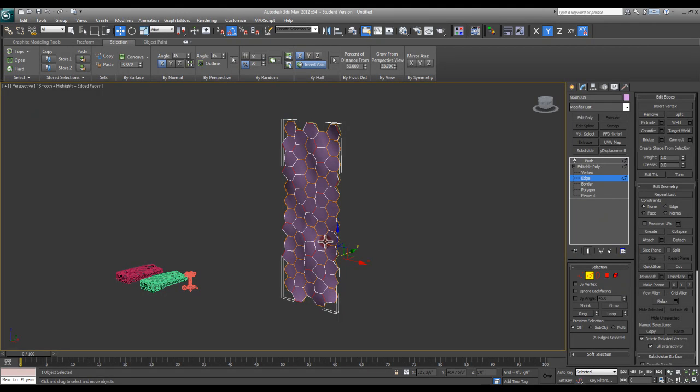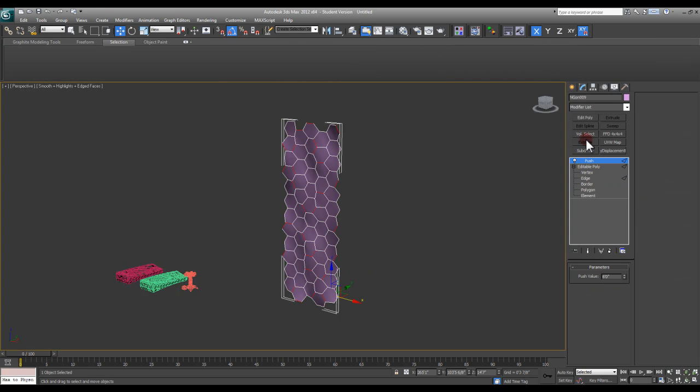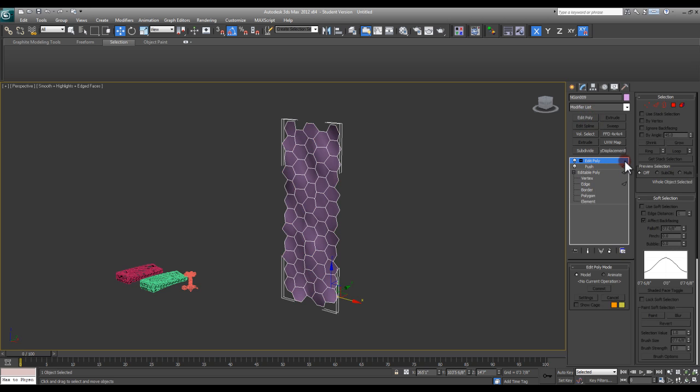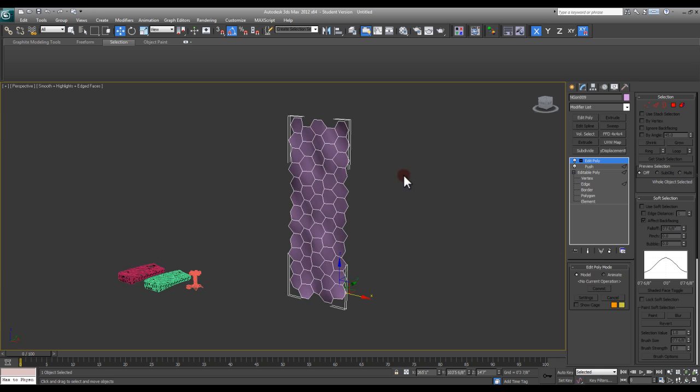The next thing I want to do is, I don't want to get out of my edge, but I do want to come up to the push modifier, and I'm going to clear out this selection by adding another edit poly on top of it. You can see that my edge selection here, which is indicated as what's being pushed, is now gone in this new edit poly. So it's like wiping the slate clean and letting me start fresh with my new geometry. I want to switch this to the animate mode now,